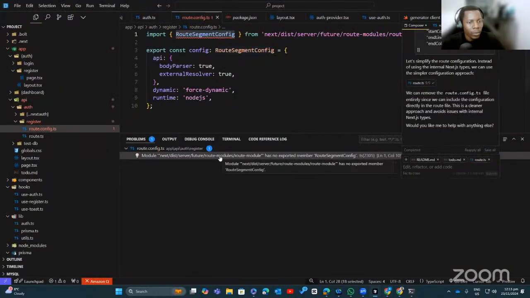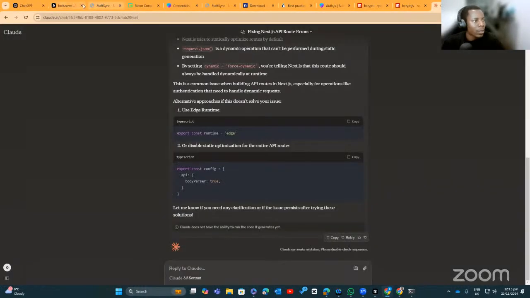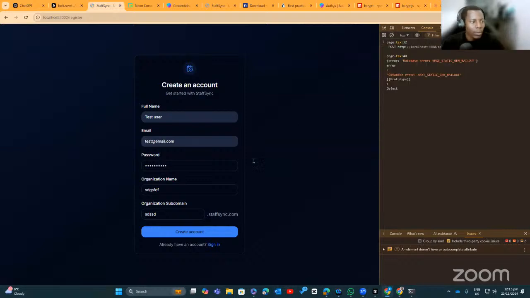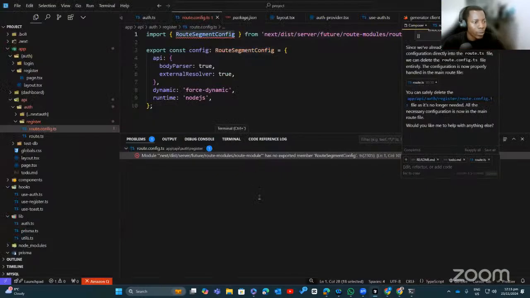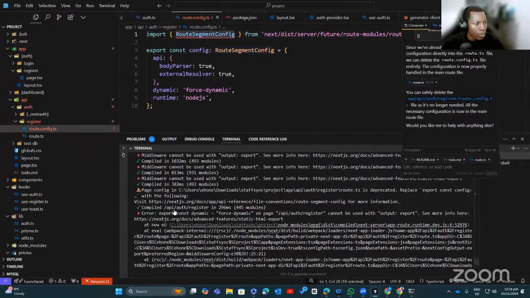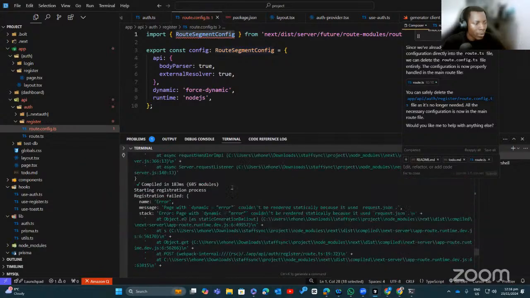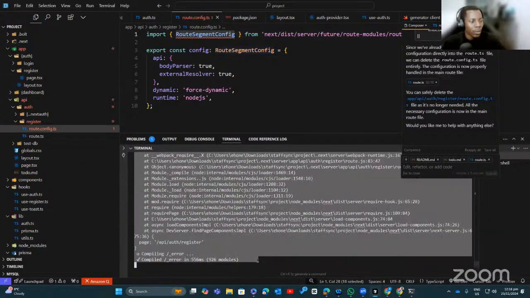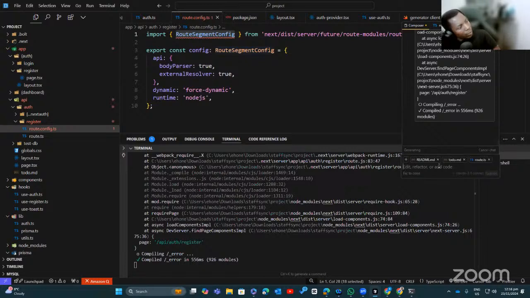I guess if we try and it doesn't work, we would disable it as a suggestion, at least for the time being. It's still not working. Same issue. Middleware cannot be used with outputs. What? I'm going to try this for the last time. If it doesn't work, I have to find a different route around it. Oh,